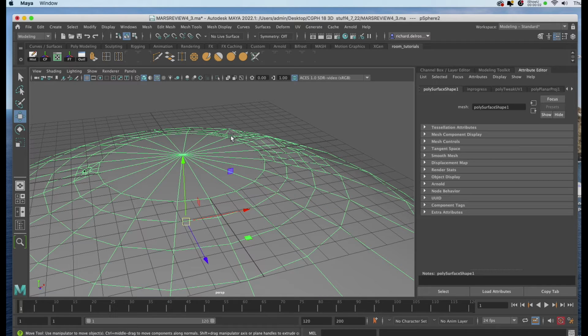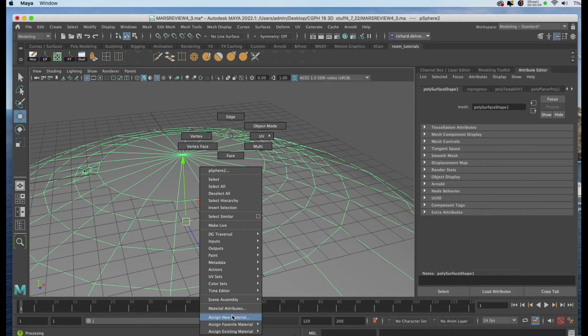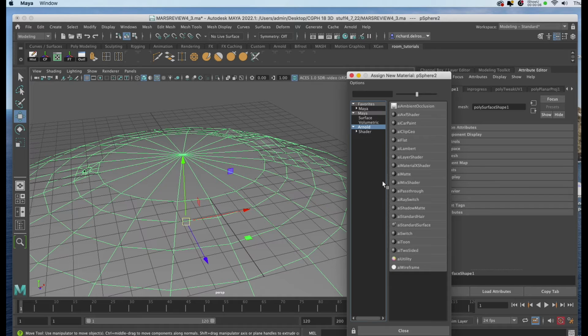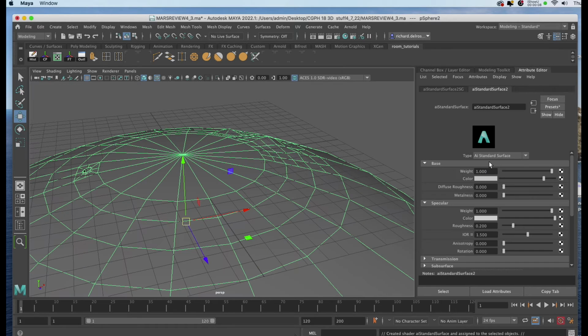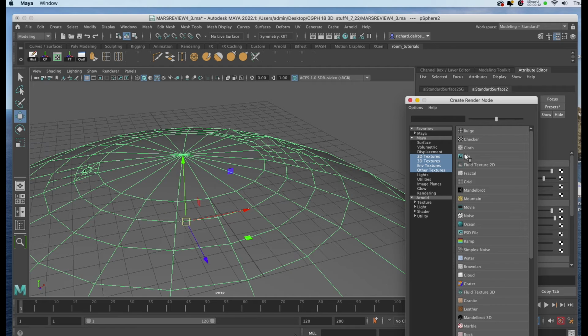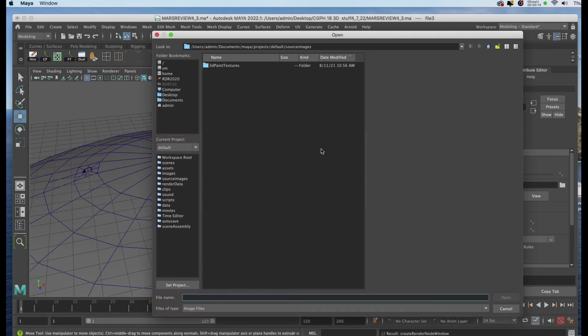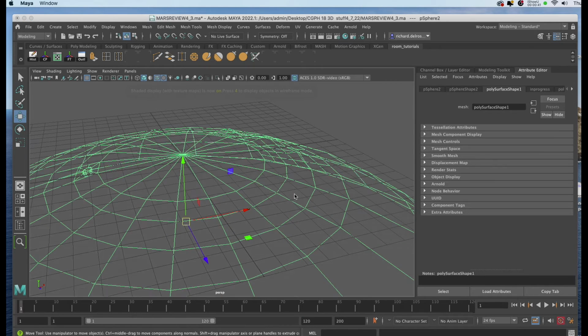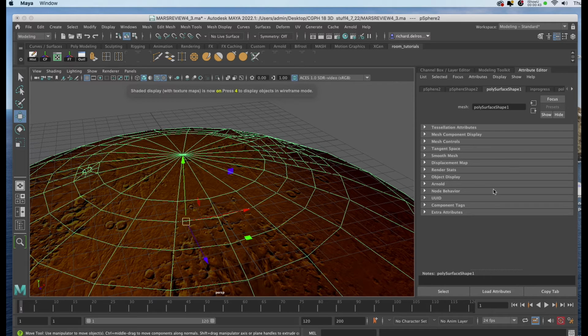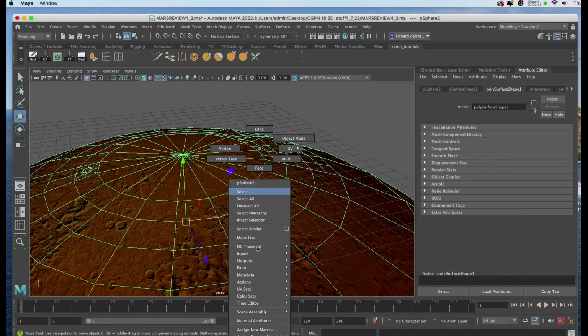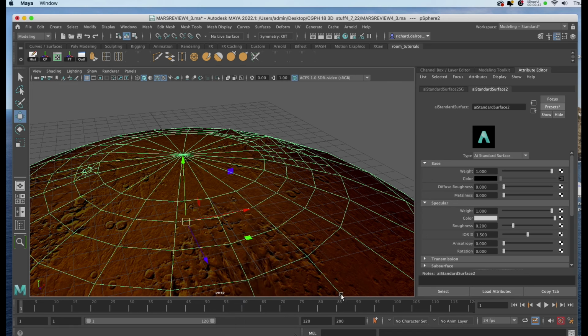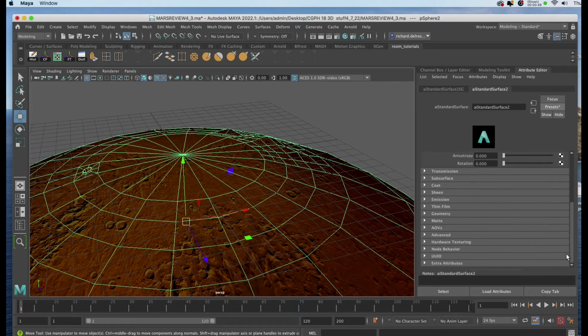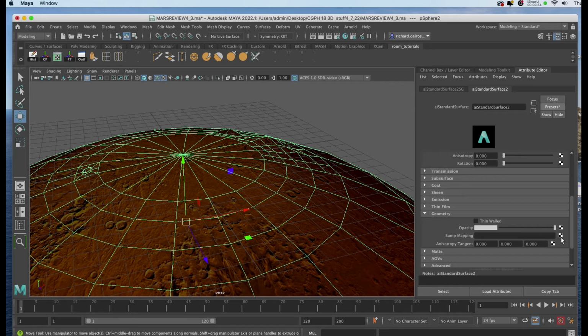Back in Maya I'll right click on my geometry and choose Assign New Material, and I'll use the AI standard under Arnold, and then I'll add my texture. I'll hit 6 on the keyboard to preview it, and then I'll also, in my material attribute, scroll down to Geometry, open up Geometry, follow the bump map out,